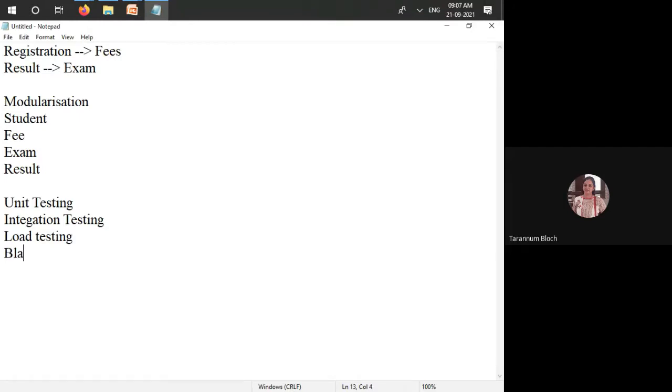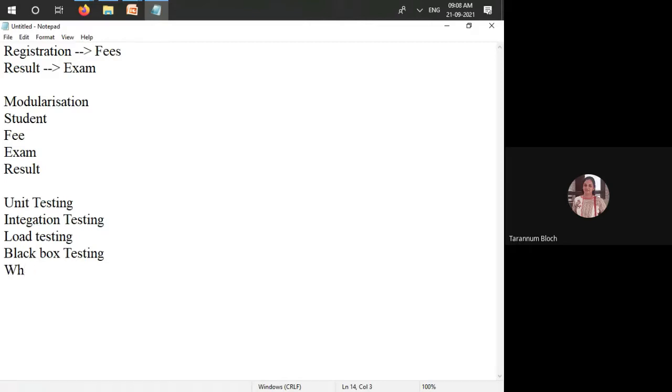As well, we go with black box testing, where random input is given. For example, we know that a name should always be other than special characters and numbers. It should not be given as the name of the user. My name cannot be 123, or my name cannot have a question mark and 123, right? So we need to do the testing. Random inputs will be given when you are doing black box testing, right? Blindly you are giving the input. So that's black box testing, to check whether the software is robust enough or not.